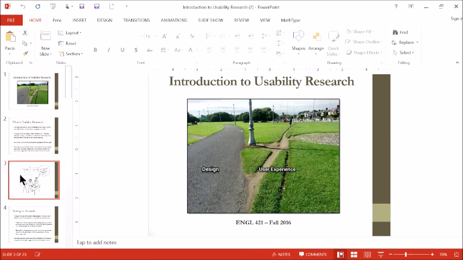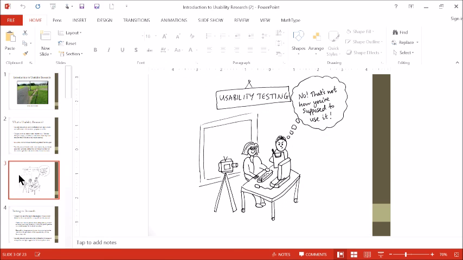As the comic near the beginning of the PowerPoint presentation illustrates, it can be difficult to see a user fail to correctly use what you see as a perfect product. You understand how it should be used. Why don't they understand? No, that's not how you're supposed to do it. You're doing it wrong. Rather than getting frustrated or angry and actually shouting at a participant, which is a terrible idea,